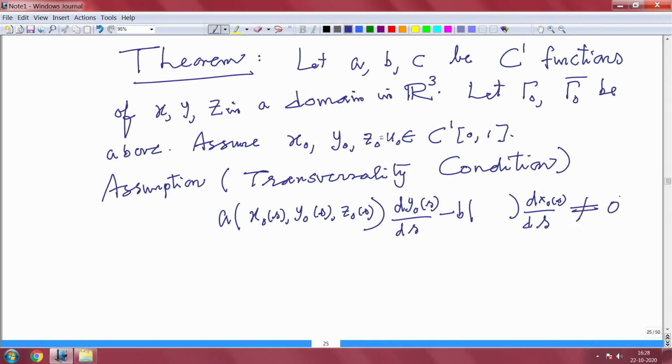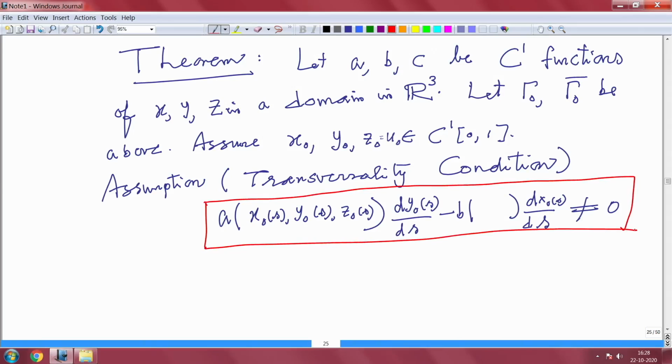I will tell you that you have the physical interpretation. This is your transversality condition. This is the additional condition. In addition to the smoothness in the theorem, you have to satisfy this additional condition. Then there exists a unique solution